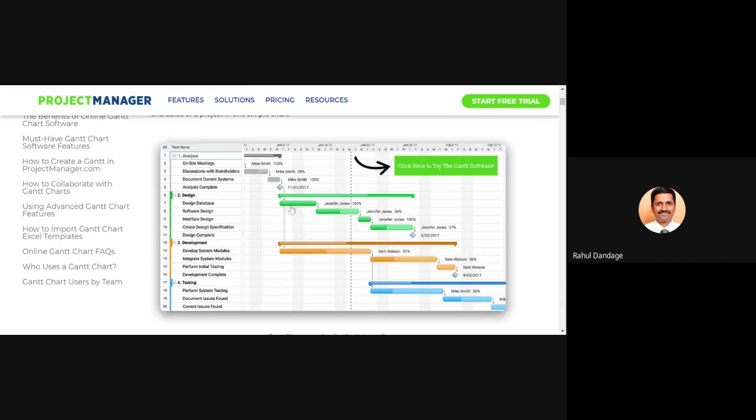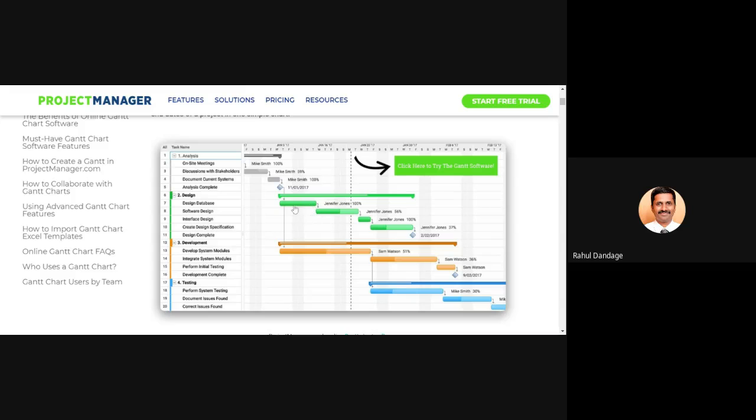And then you can see there are multiple icons, they have been shown. Along with that, the name of person who is responsible to carry out that work, that is also mentioned. So analysis part, the people involved, that is Mike Smith. At particular position, what is the status? So some activities are 100% completed, some activities are 59% completed, some activities are again 100% completed. So likewise the status is also mentioned. So this is what the overall.